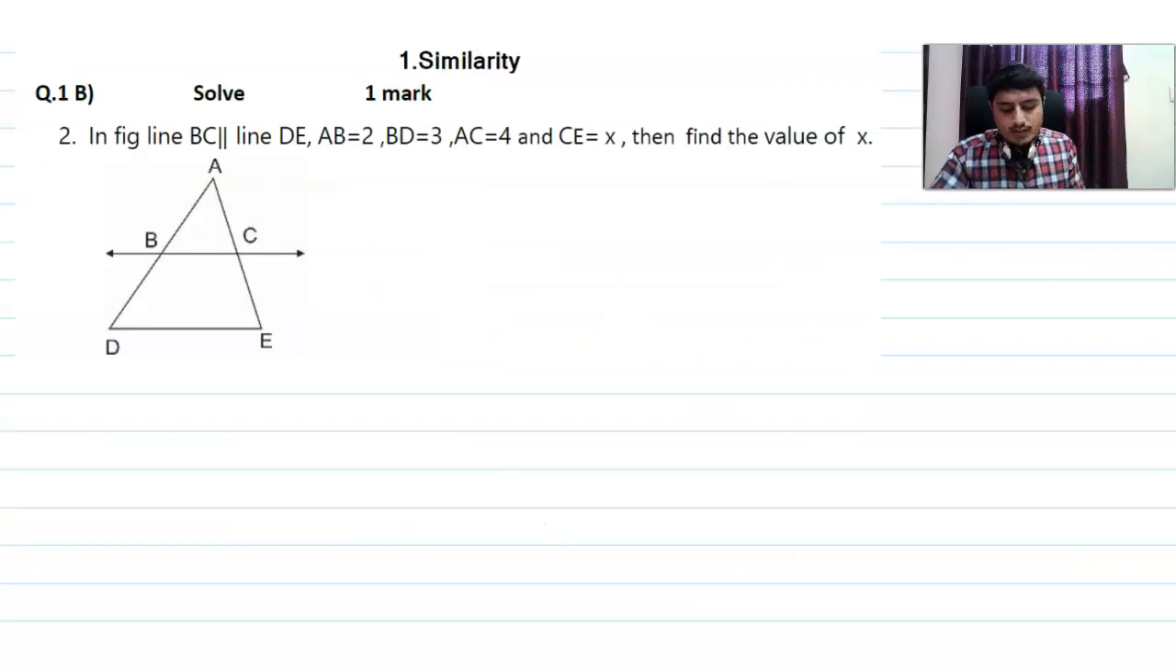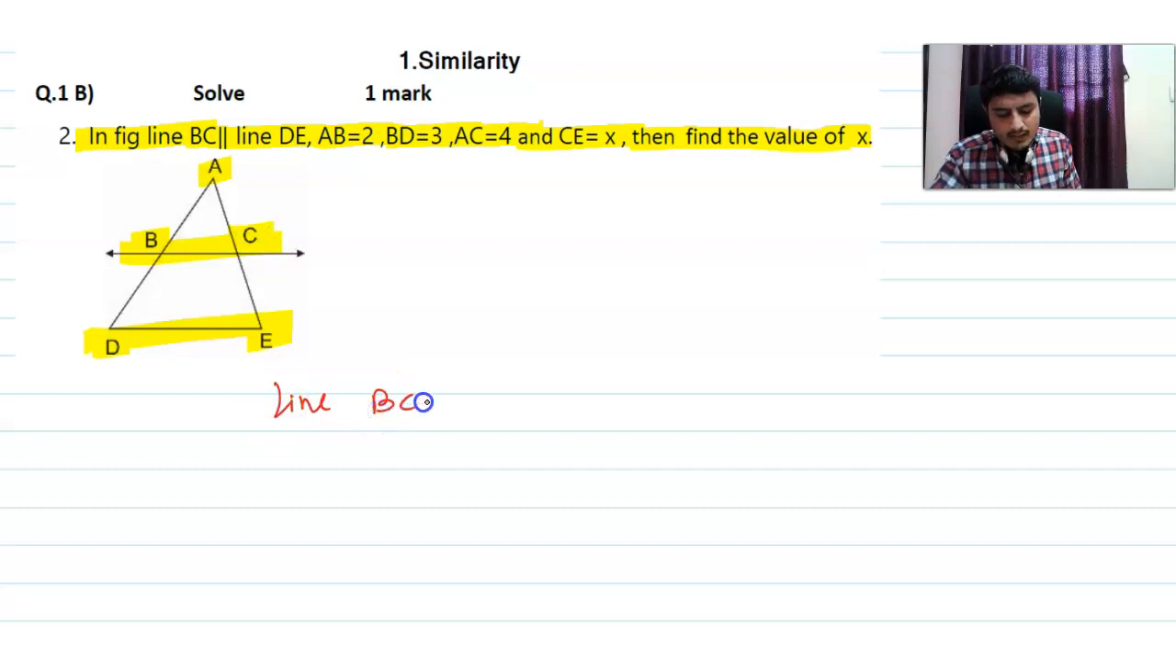Look at now the second question. It is of the form: in the figure, line BC is parallel to line DE, AB equals 2, BD equals 3, AC equals 4, CE equals X. Then find the value of X. Look at the triangle, we have the triangle ADE in which line BC is parallel to DE. So once we have been given that line BC is parallel to the segment DE, we can use the basic proportionality